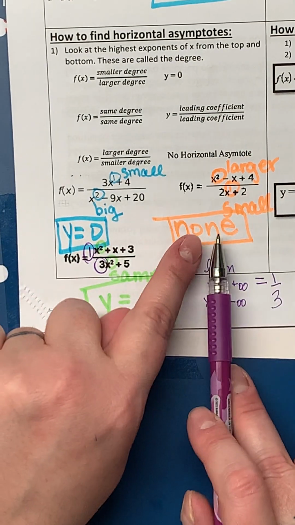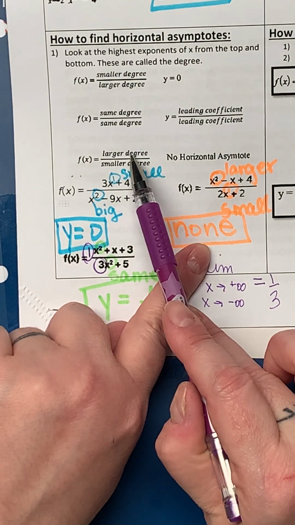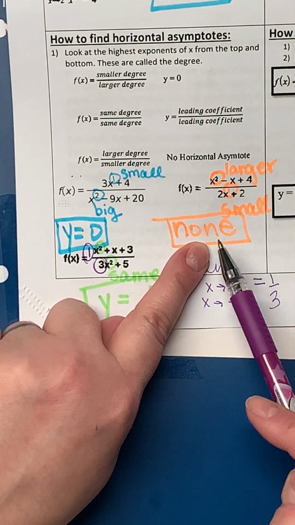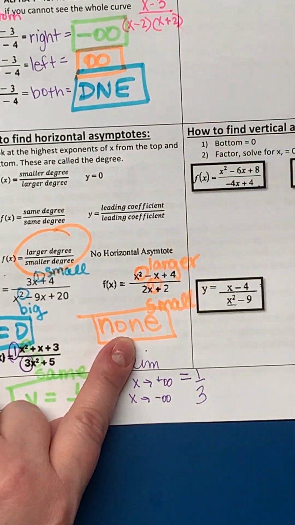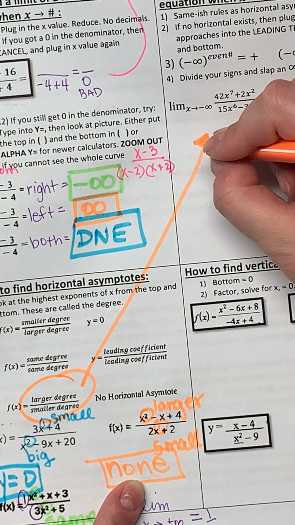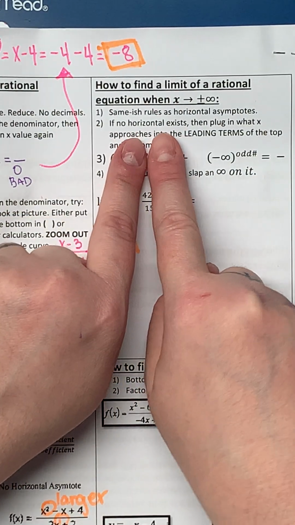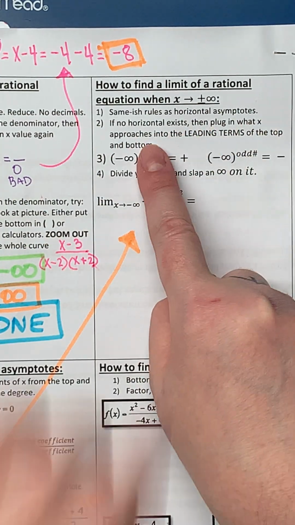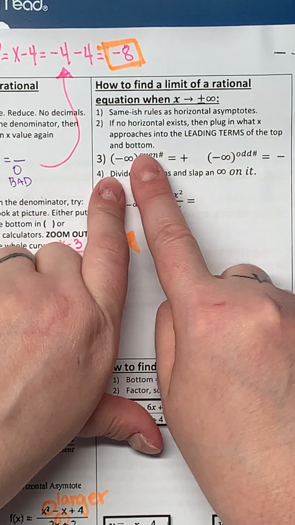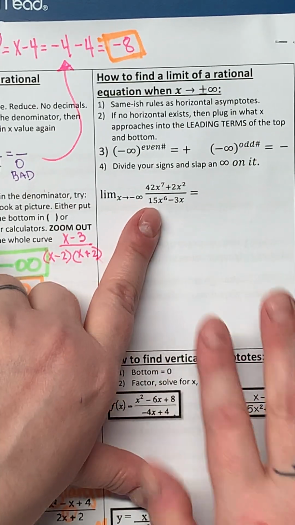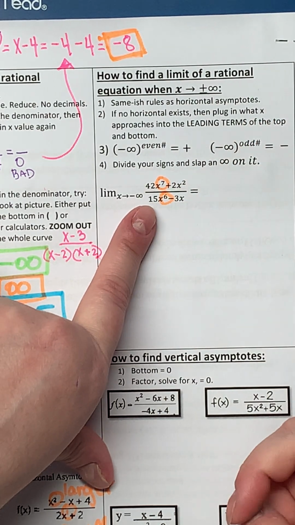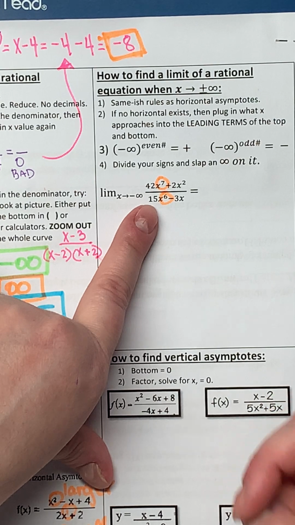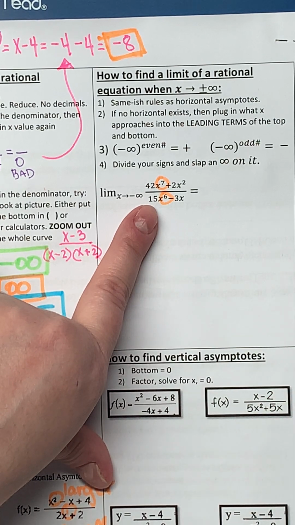The only difference is here, when the larger exponent is on top of the smaller exponent. When this happens, you have to do something special. And when that happens, you have to do this specialness up here. It says if no horizontal asymptote exists, then plug in what x approaches into the leading terms of the top and the bottom. What the heck? Okay, so let's look here. My exponent on top is bigger than the one on bottom. So that means I'm going to plug in what x approaches into the leading term. The leading